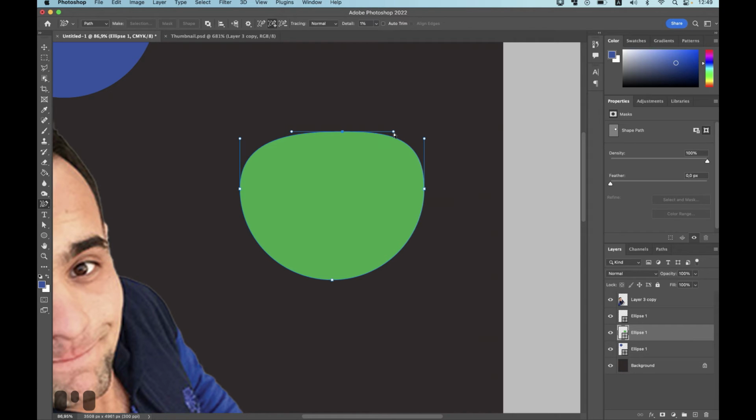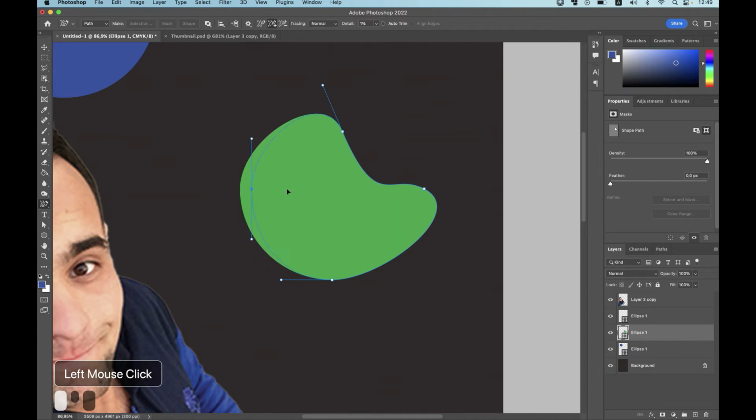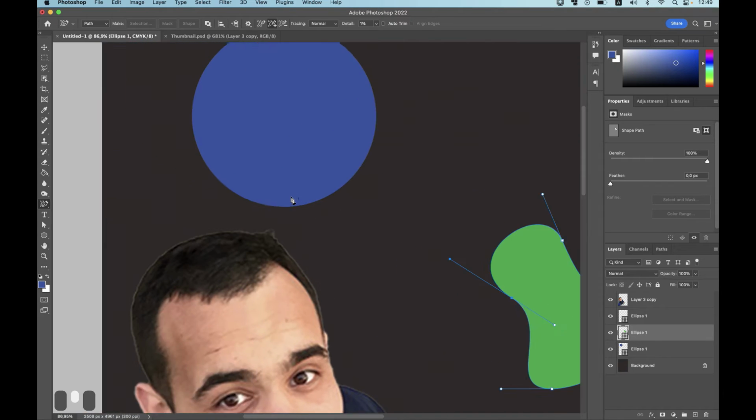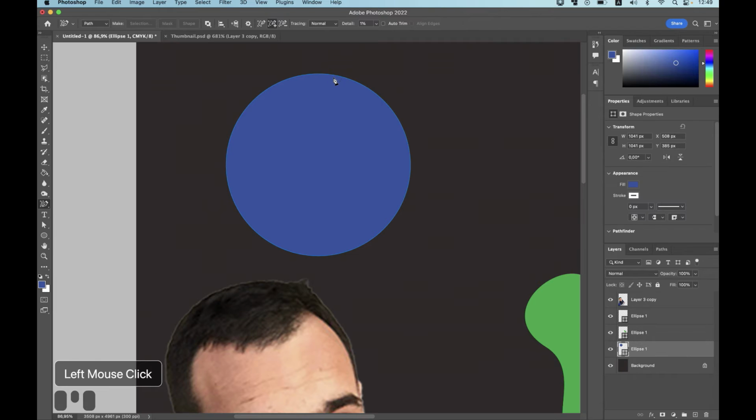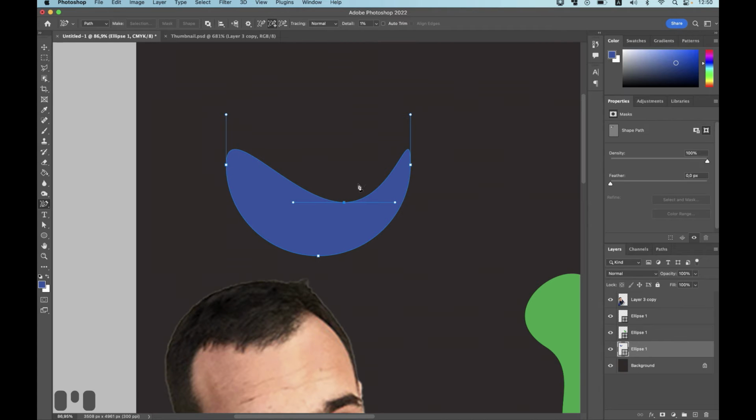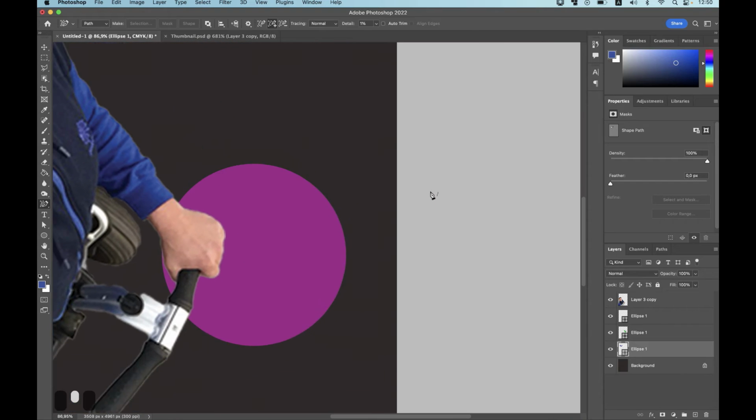If we click on this anchor, we can change the shape as we want. And if we drag these handles, we can move it like this. Let's play around with that. And we can change this shape, this ellipse. Click on this path, and let's make it more interesting than it was. Like that.